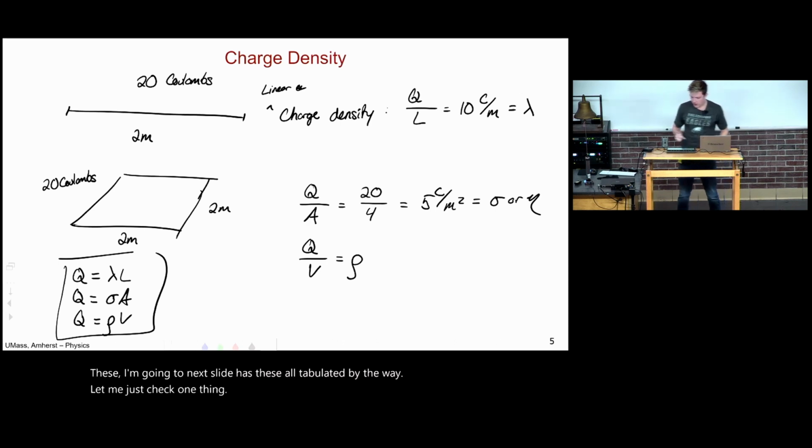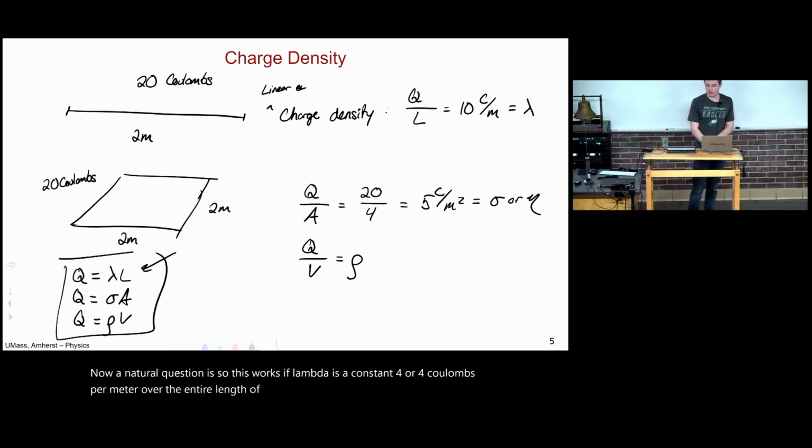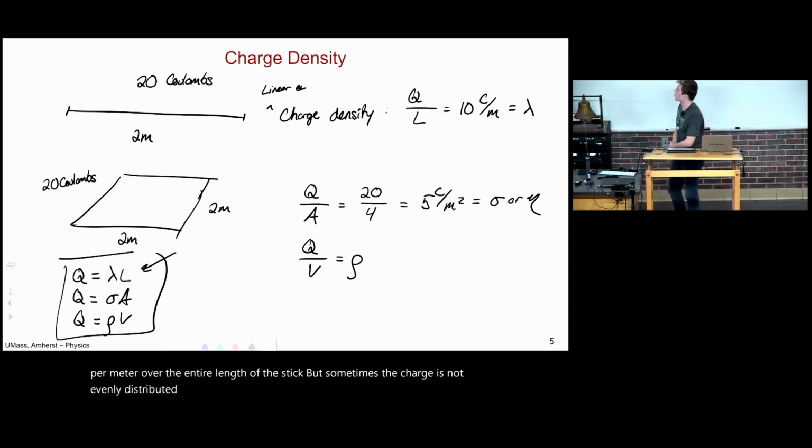Okay, now a natural question is, this works if lambda is a constant number, like 4 coulombs per meter over the entire length of the stick. But sometimes the charge is not evenly distributed across an object. Maybe there's more charge located on the right end than the left end. So as usual,